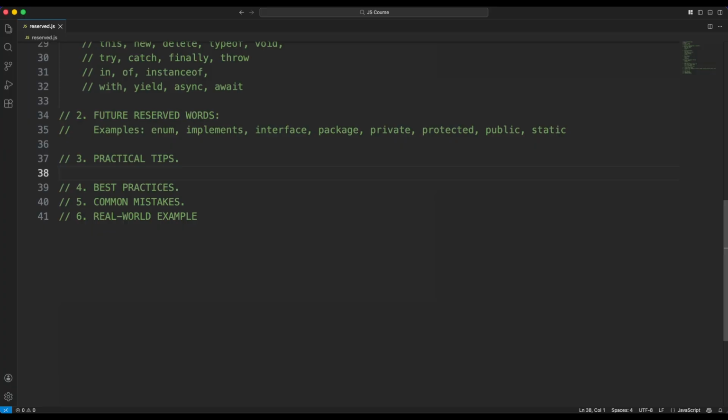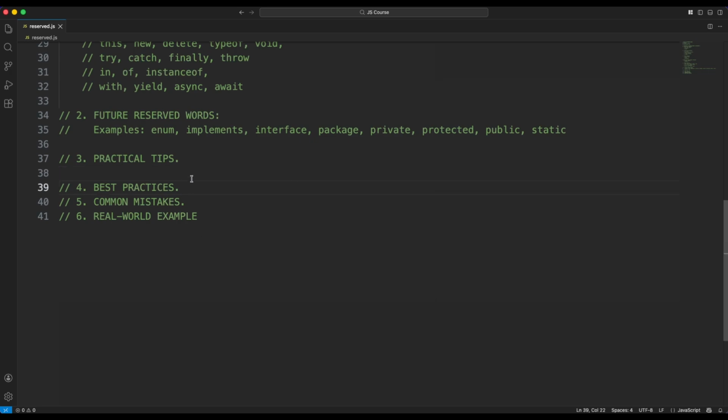Modern code editors like VS Code will highlight reserved words with syntax coloring. They will immediately show you if you are trying to use a reserved word where you shouldn't. Okay, if you accidentally try to use one, you will get an error right away. This makes them easy to catch and fix. Thirdly, as you code more and more, you will naturally become familiar with these words because you will be using them constantly. Okay,